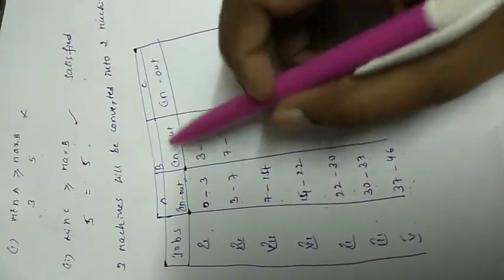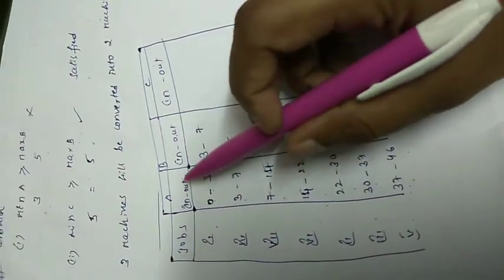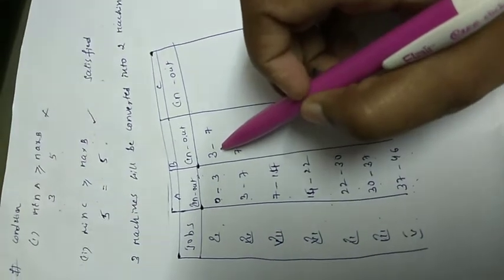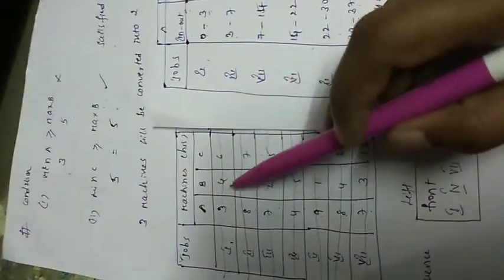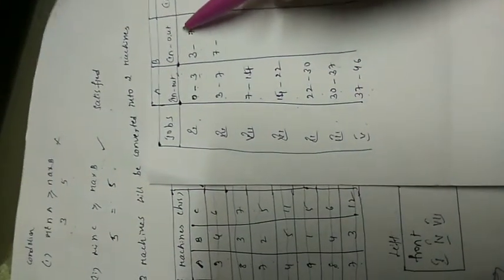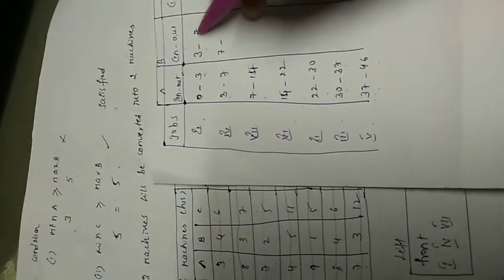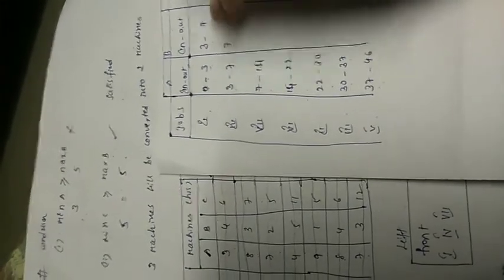37 plus 9 is 46. In the same way, here are B in and out. A out we will consider as B in. 3 for the first job for B mission, which is 4. 3 plus 4 is 7, and comparing with this 7, 7 and 7 are the same, so I will not consider it twice, just take 7.